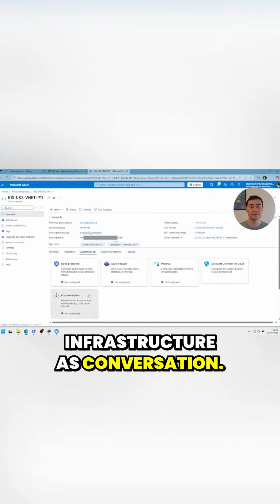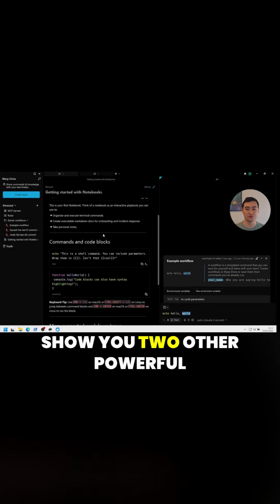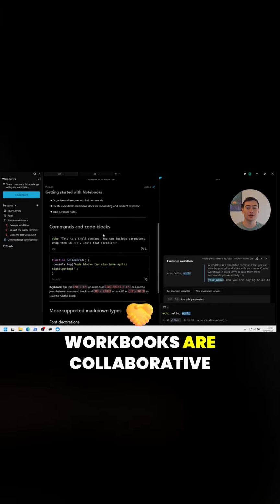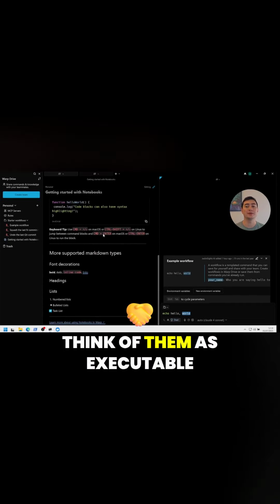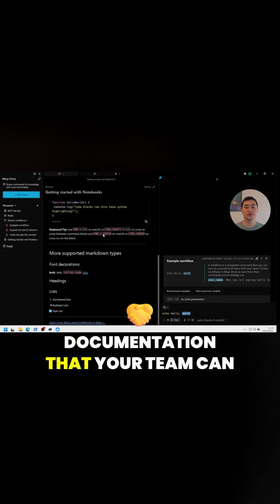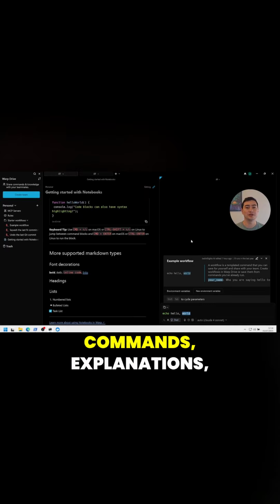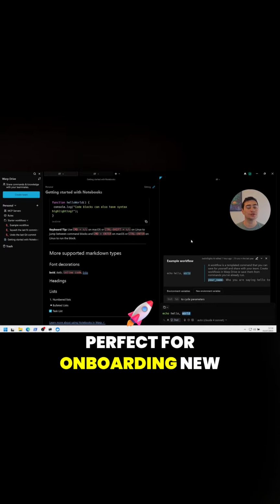Infrastructure as conversation. Before we move to our final demonstration, let me quickly show you two other powerful features of Warp: workbooks and workflows. Workbooks are collaborative documents that combine terminal commands with documentation. Think of them as executable documentation that your team can share. You can create step-by-step guides that include actual commands, explanations, and even AI assistance, perfect for onboarding new team members